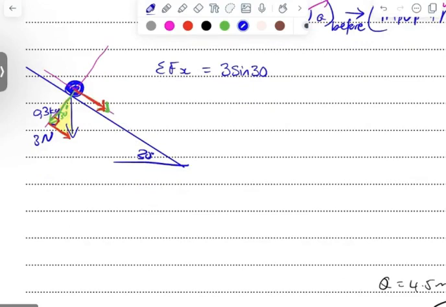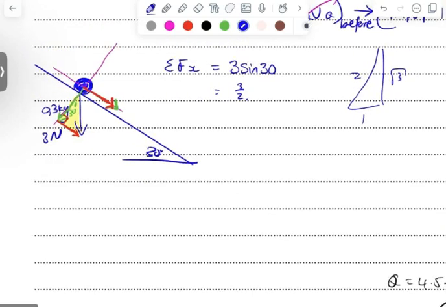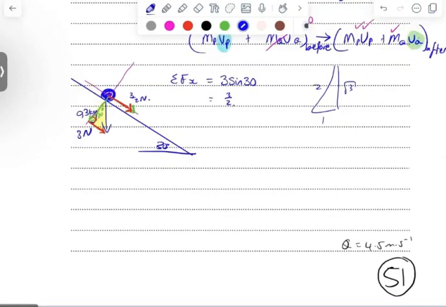Sine 30 is a half, so it's going to be 3 over 2. This force going down here, we have 2 newtons. So if I need to work out the sum of forces is mass times acceleration, I've got 3 over 2 is equal to 0.3 times a. So my acceleration is going to be 5